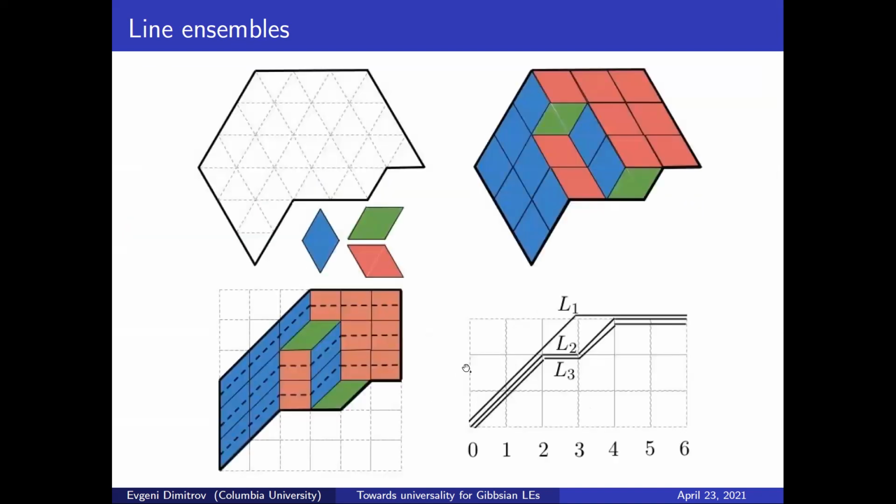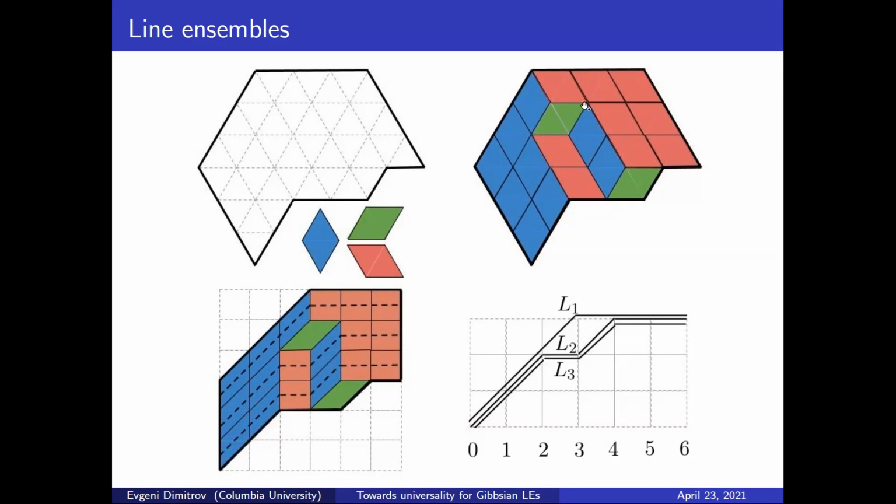Now, line ensembles come in many different forms. So let me give you an example of a discrete line ensemble. Here I'm going to consider the model of lozenge tilings of a polygon. What I have here is a certain polygon that's drawn in the triangular array. I'm going to consider all possible tilings of this model by these 3 tiles. So here is one possible tiling. There's many others, and I'm going to put the uniform measure on all such tilings.